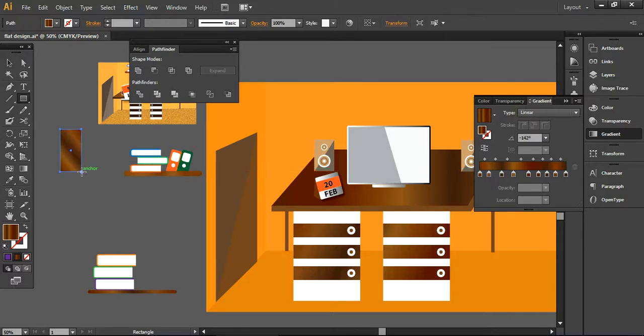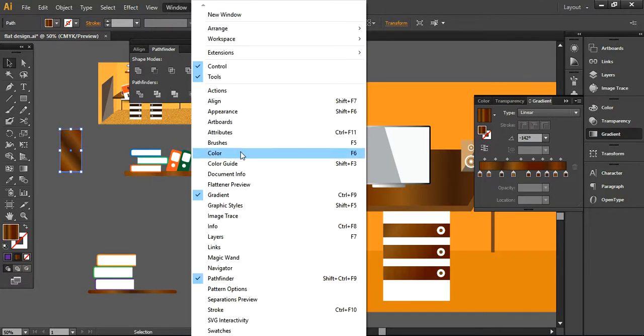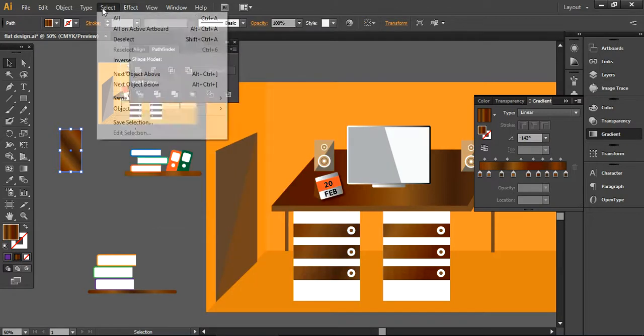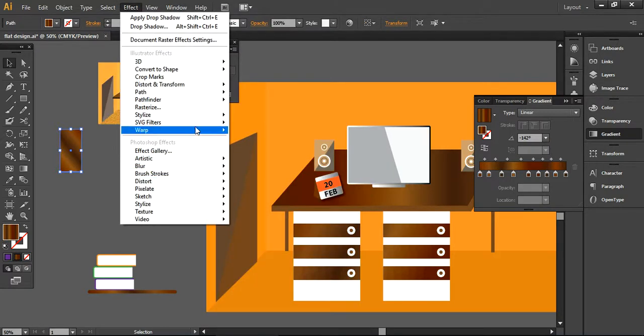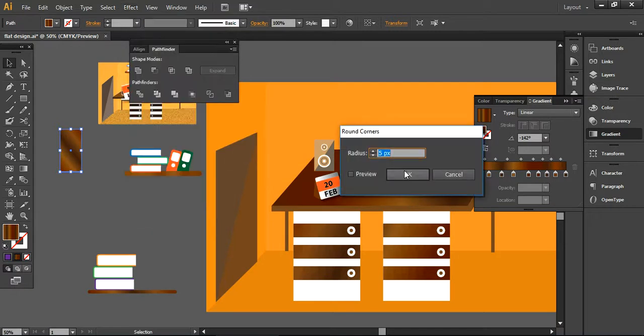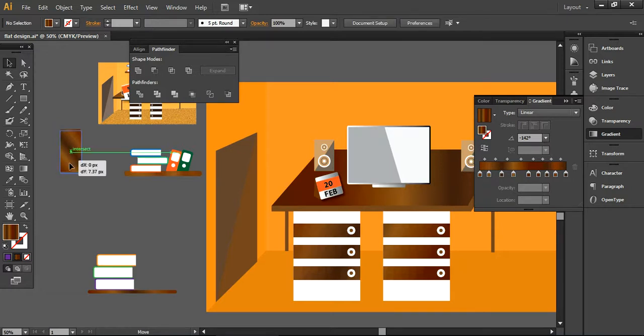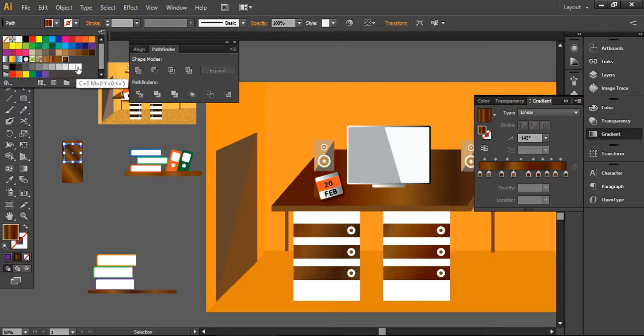For this, I have created this small rectangle like this here, and now what I'm going to do, I'm simply going to the Effects section, Stylize, and here you can round the corner like 9, and here you can see how it would look. In the same way, create another one like this, or maybe you can take this one, simply take it here, change the color,